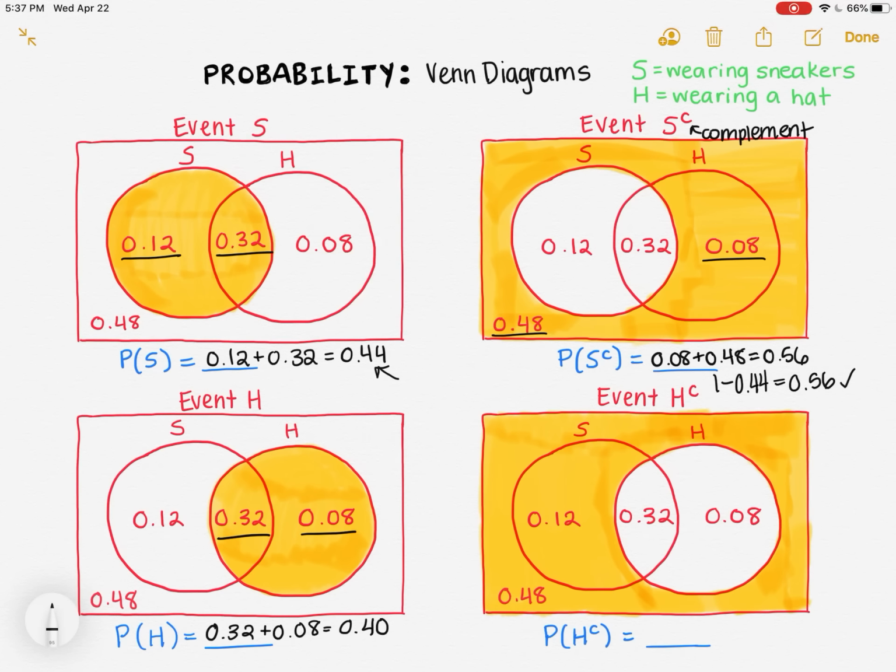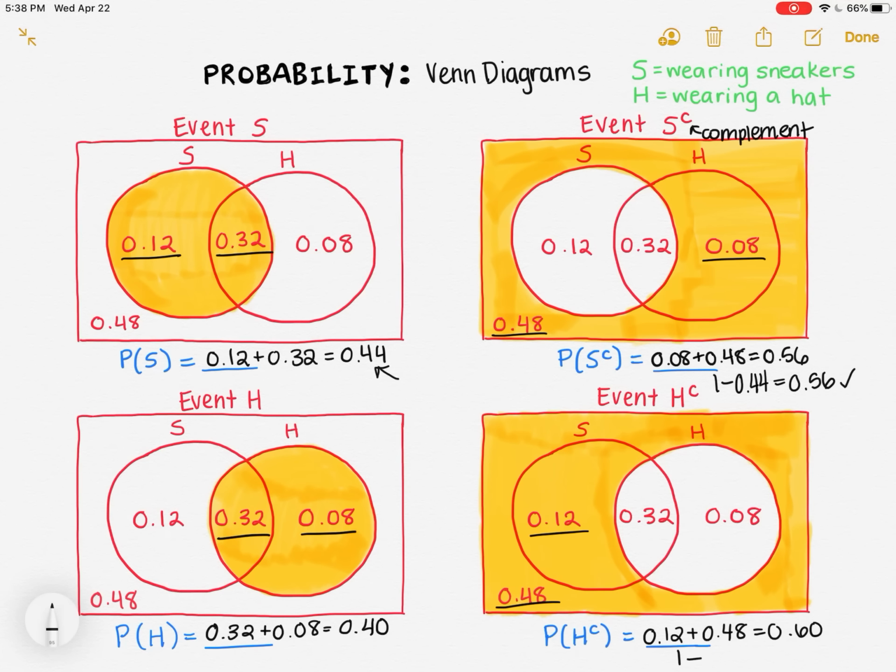Now we're looking at another complement event. We're looking at the event H complement, which means the people not wearing a hat. So I've shaded everything outside of the circle labeled with an H. Once again, I can add up the probabilities in my shaded area. 0.12 plus 0.48, that gives me